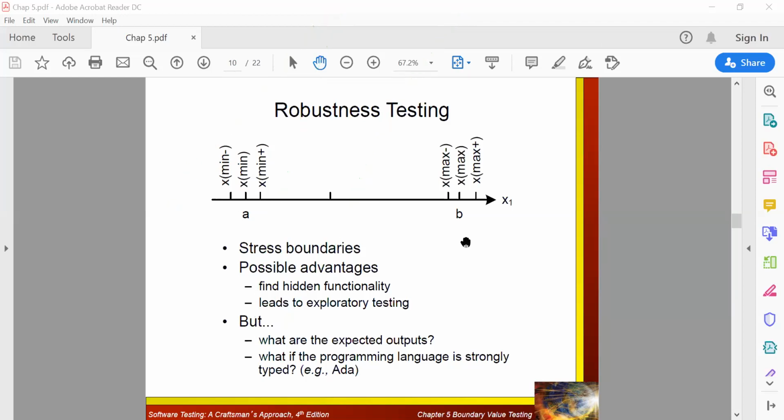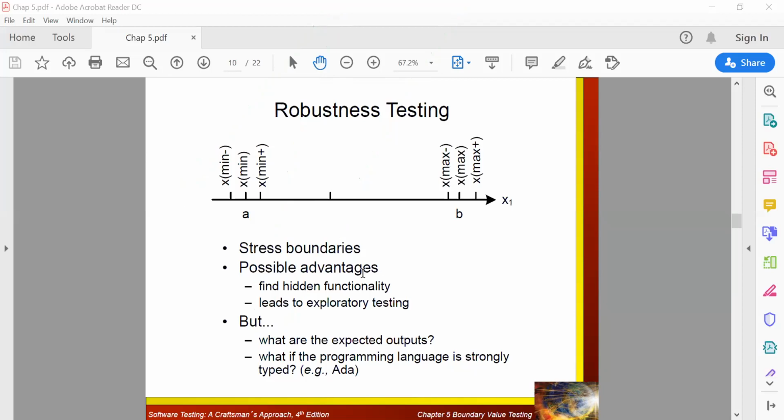So what happens behind that particular member? We can just think about it. And this is mainly based on the stress boundaries. Stress boundaries are nothing but the endpoints. So at the endpoints, if it goes beyond, what happens? That's what we are looking into. If it goes beyond 200, which is the maximum value, if it goes to 201, then it will be rejected. So that needs to be taken care of with respect to all the particular scenarios.